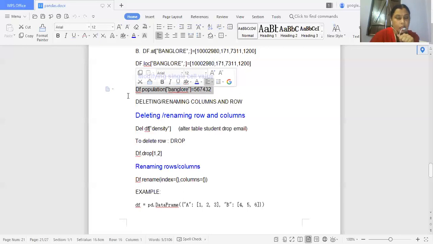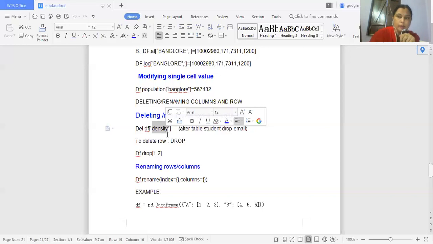Now next, how to delete or rename the column and row, meaning how to delete the columns of a data frame and how to delete the row of a data frame. So students, for deleting the column, we use the del command, del df, and under the square brackets we pass the column name that we want to remove from the data frame.